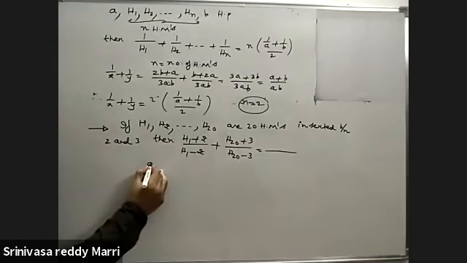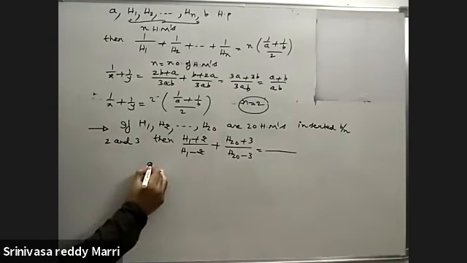H20 comma 3. These will be in harmonic progression. Between 2 and 3, first term and last term, these numbers will be there like this, such that they all form a harmonic progression. Now you have to find out first HM and 20th HM. So you know the first term of HP and last term of HP.